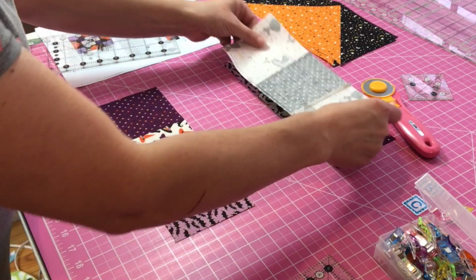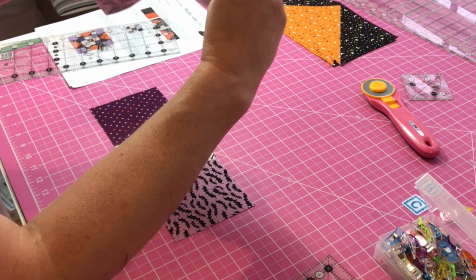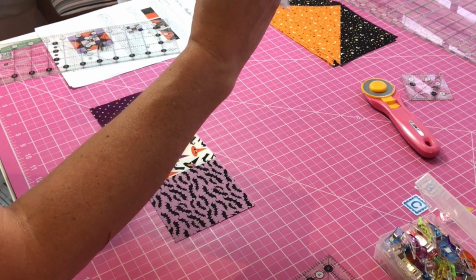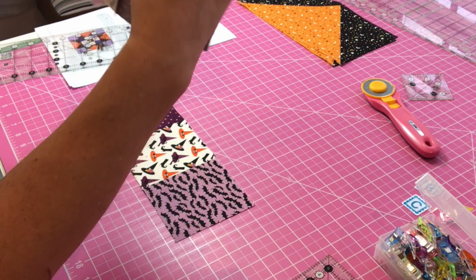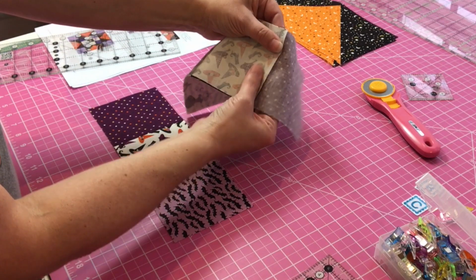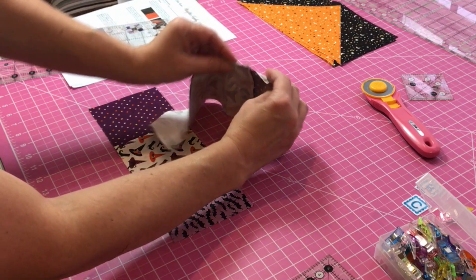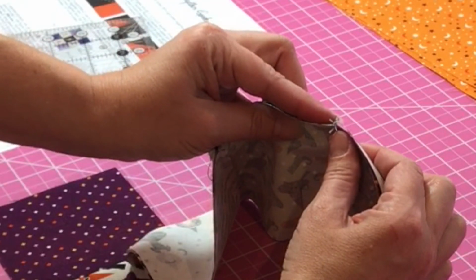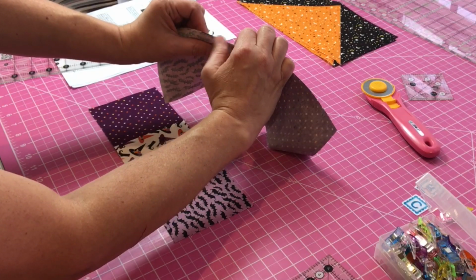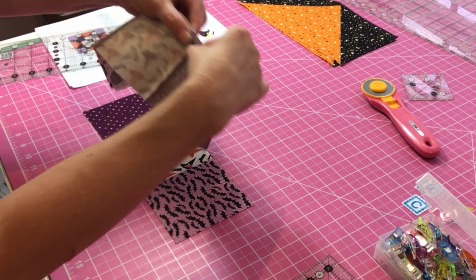Okay, so I'm going to flip these over, and when I do, you can see that the seams go opposite directions. So on both of those, there's a little place where you can feel that they match up perfectly. Hopefully I got that in the camera there earlier. You can see that they're going opposite from each other, and same there. One's going to the left and one's going to the right. And so do the first one where you line them up,